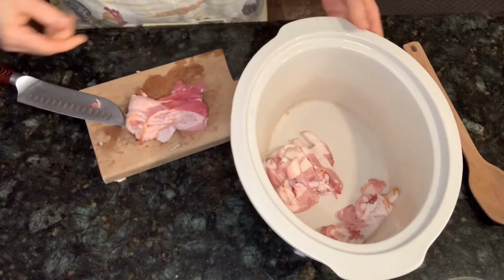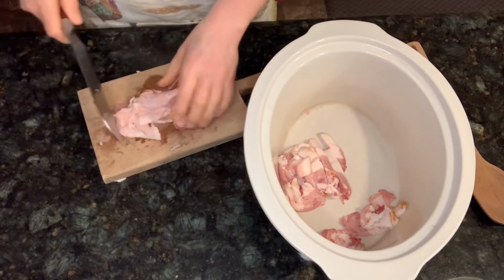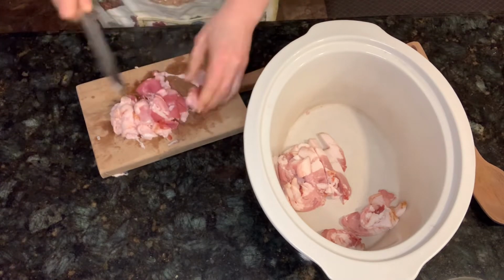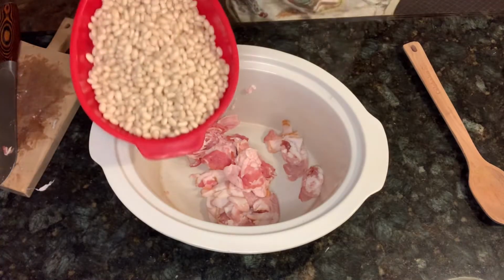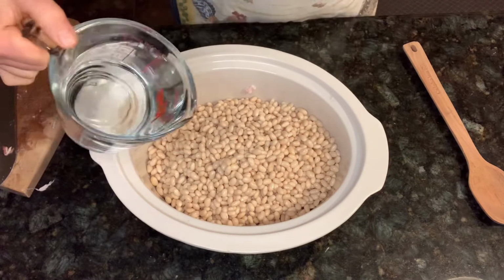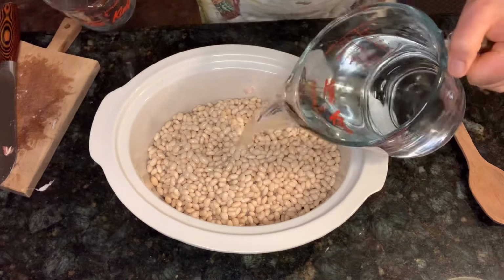And now I'm going to prepare the baked beans so that they cook all night in the slow cooker. So the recipe calls for half a pound of salted pork, but I'm substituting with bacon. So I just cut up my bacon into strips, and I drained my navy beans. It's 4 cups of beans, and I'm adding water, 6 cups of water,